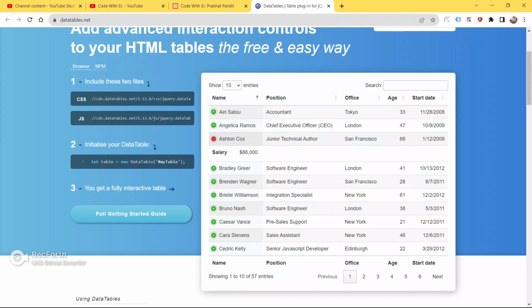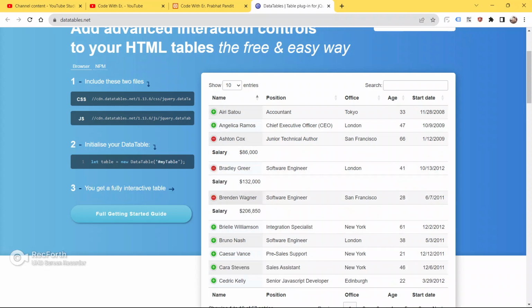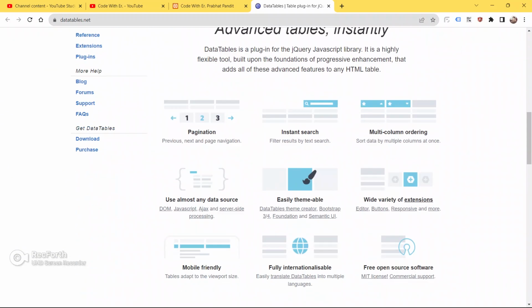Then only will it show your users that this image belongs to this user, or this image belongs to this particular product. So in this video I will show you how to display images inside this data table also.